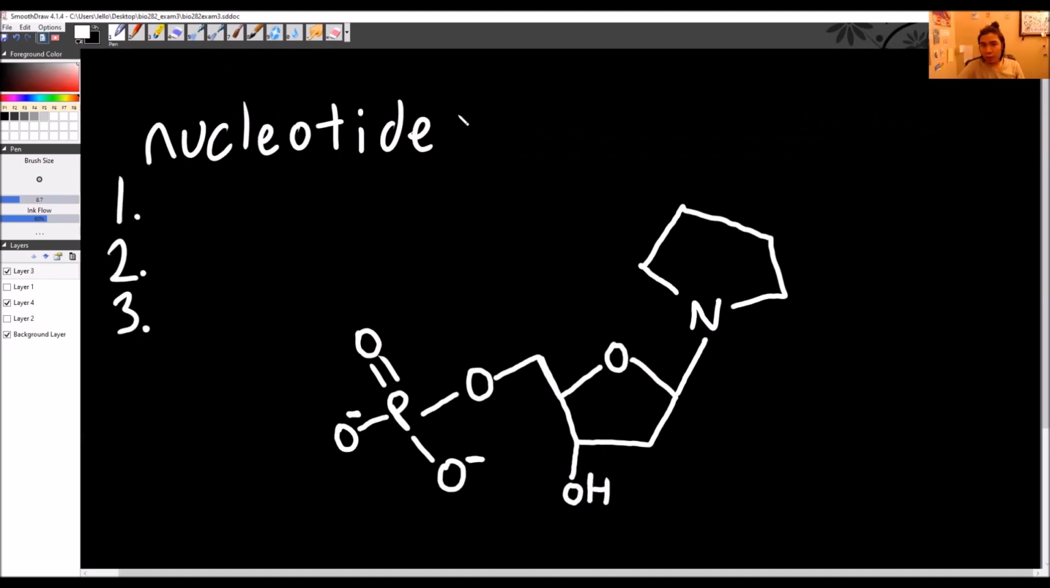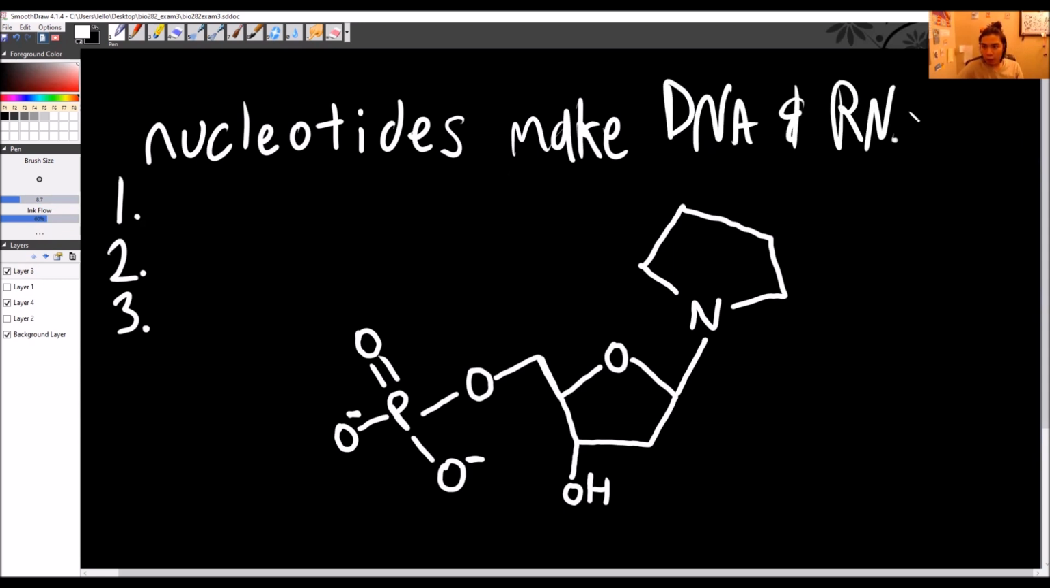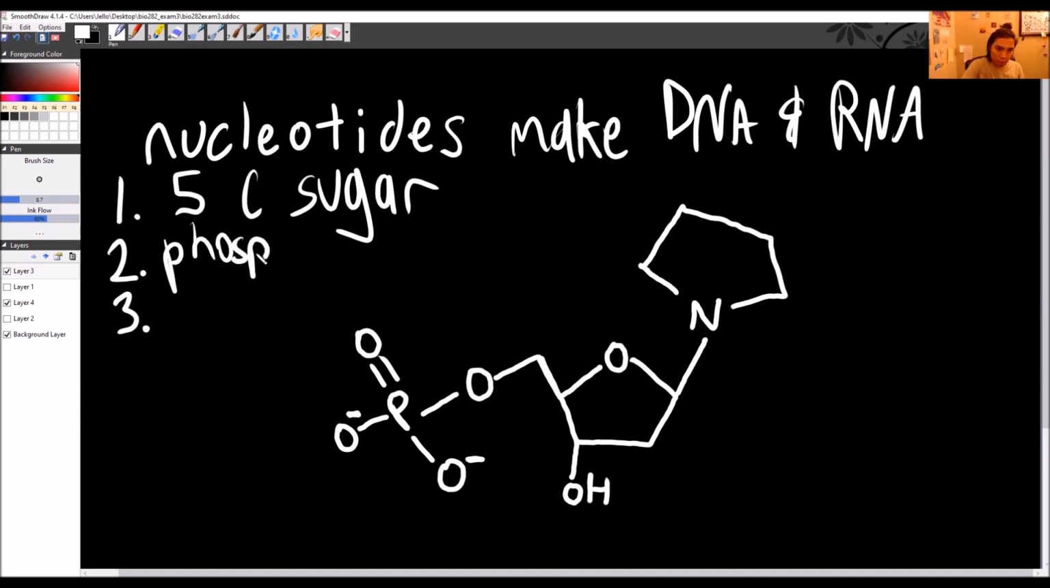Let's start everything off with the nucleotide. Nucleotides are the monomers that make nucleic acids, namely DNA and RNA, which would be the polymers. Nucleotides are composed of three main parts: a central 5-carbon sugar, a negatively charged phosphate group, that would be this entire thing with the phosphorus and all the oxygens, a nitrogen base, which has a ring structure,